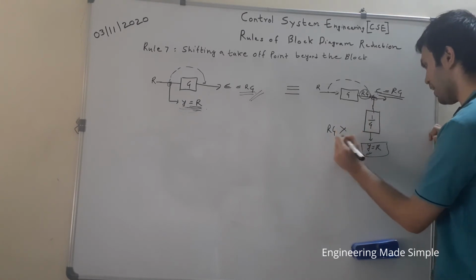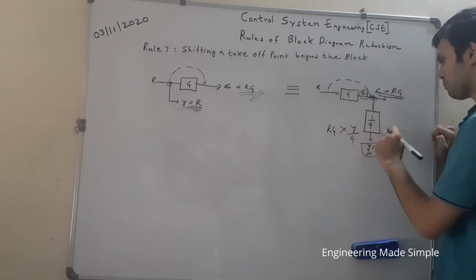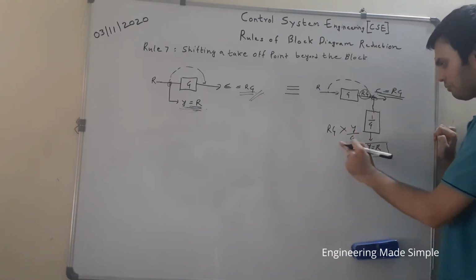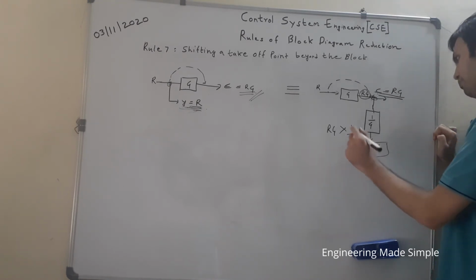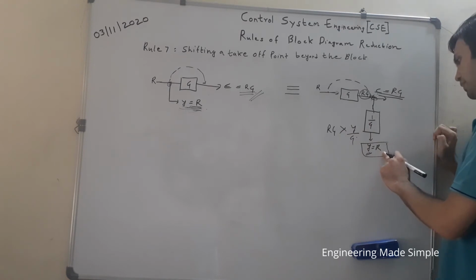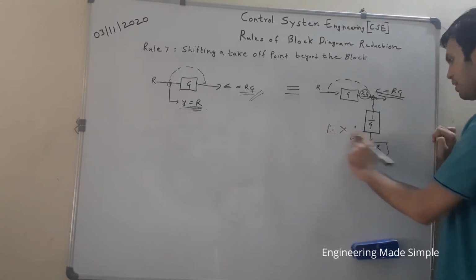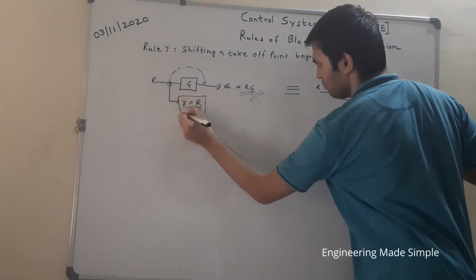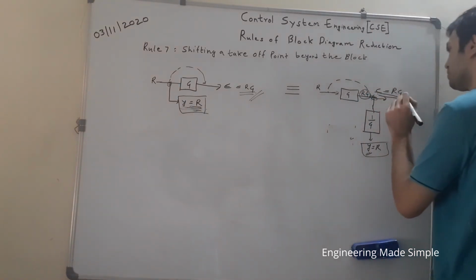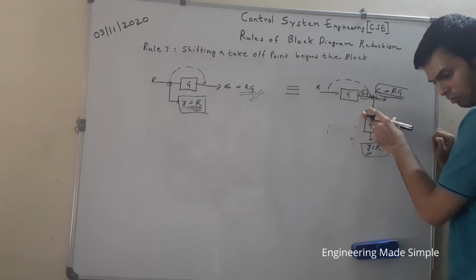When you multiply this by, what is the value of y given over here? Y by g, because it is present in series over here, so it would get multiplied. From this only we get y is equal to r. Y is equal to r over here. So when this and this get cancelled, then y is equal to r. For making our feedback signal remain the same even after manipulation, and your output signal should also remain the same, that is the reason we added the 1 by g block over here.